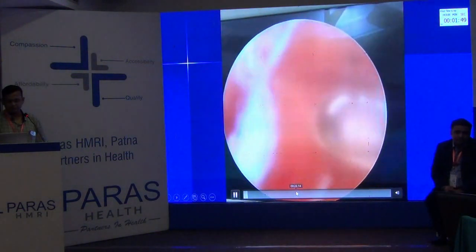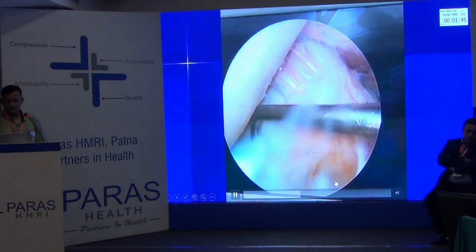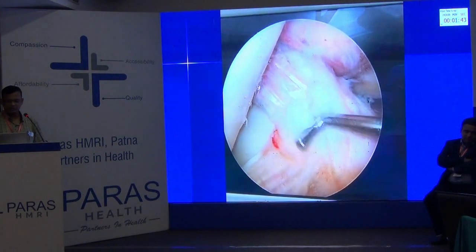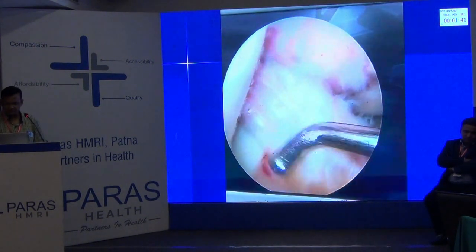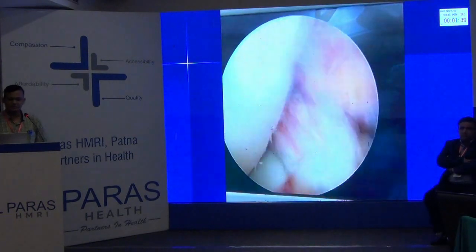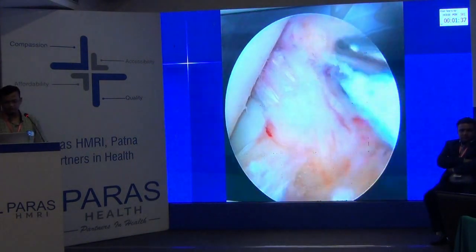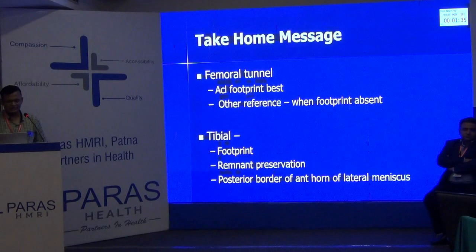As you can see here, right at the posterior border of the lateral meniscus, the entire ACL stump is covered with the footprint fibers. So I think the take-home message is